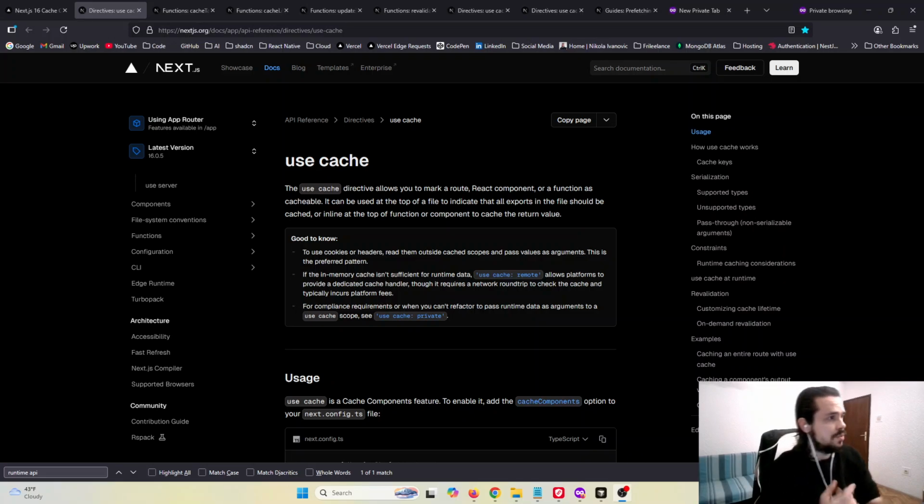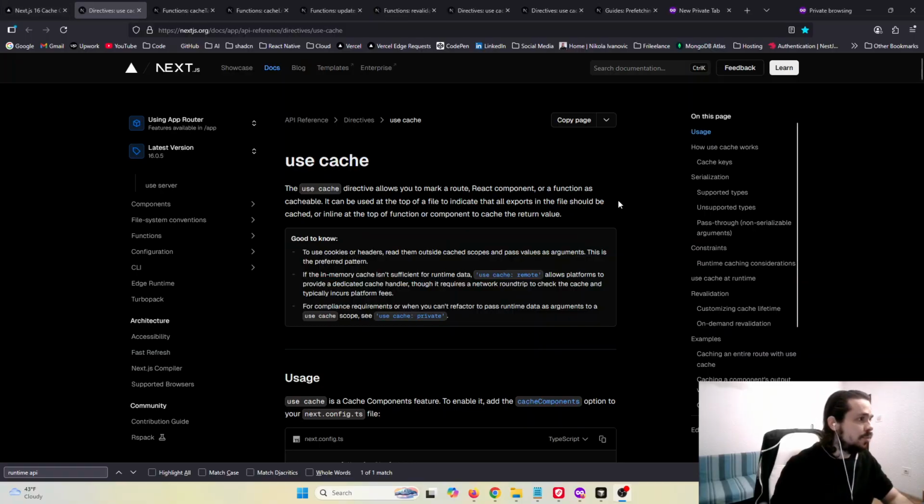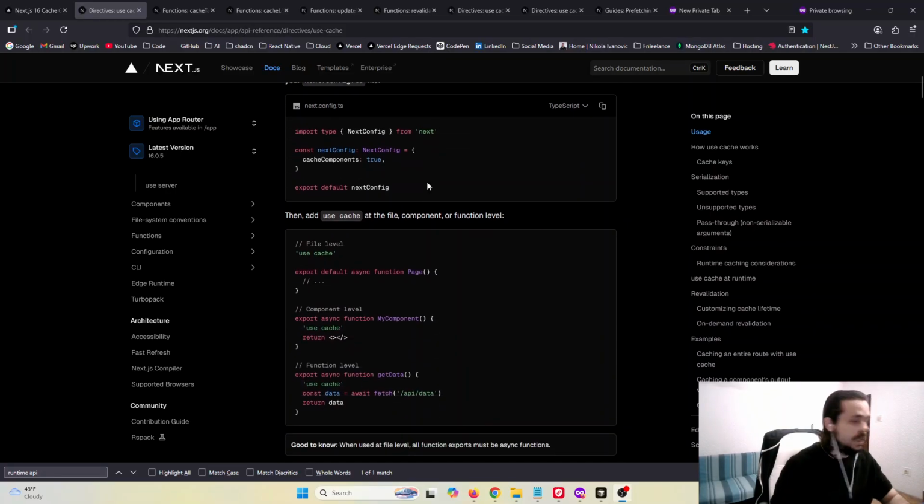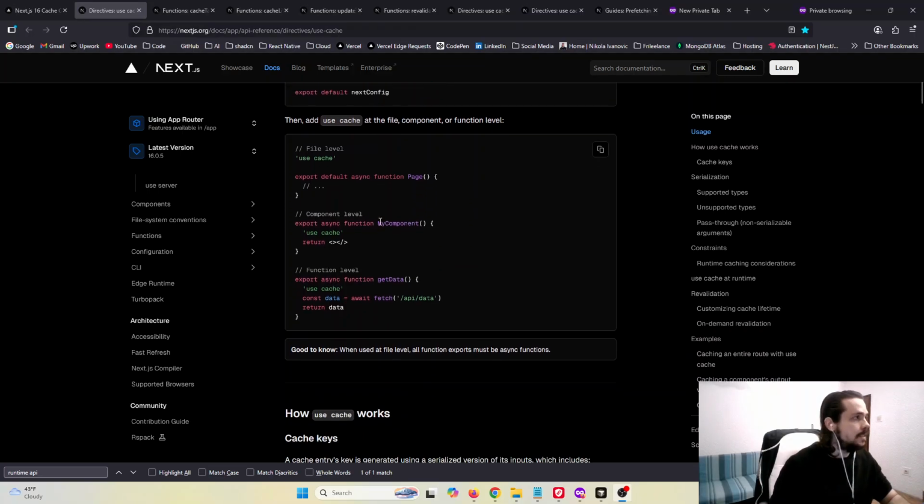Guys, so in the previous video we talked about cache components and I showed you the project. So right now I'm going to show you how to make your React component functions, page and file cacheable with the use cache directive. So first, what you need to do is enable cache components in your next config file. And yeah, here is a quick example: file level cache,